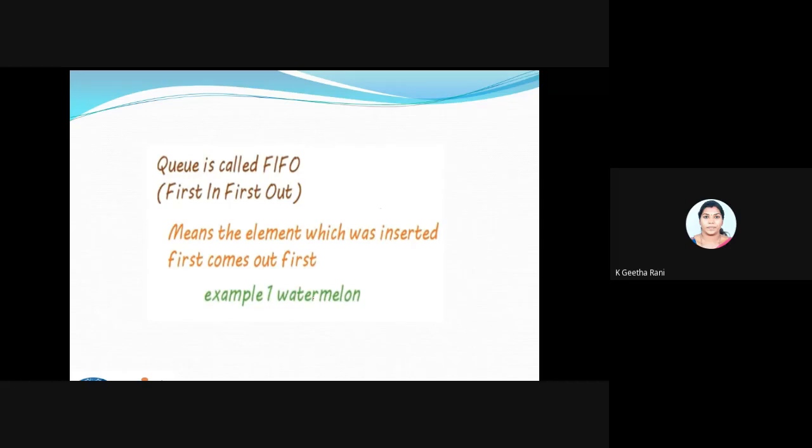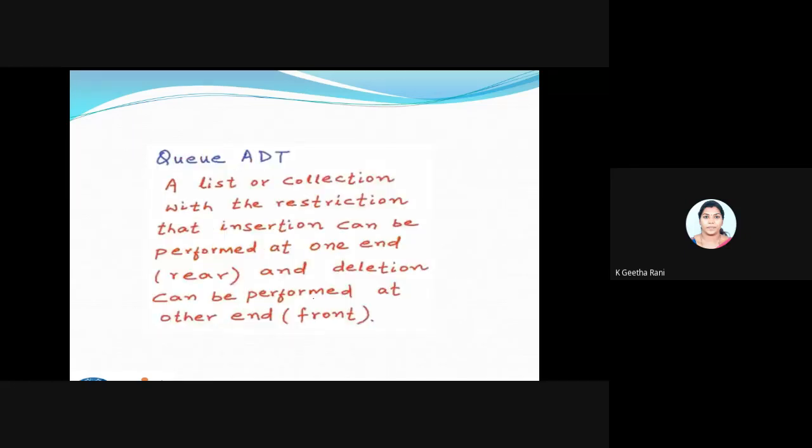So we have two main operations, the NQ and the DQ operations, and we have two special terms. We call them front and rear. Front tells you the first element which is going to be DQ'd, and rear tells you about the last element of the queue. Fine. So it's very easy to understand all these concepts. Queue is very simple compared to your stack.